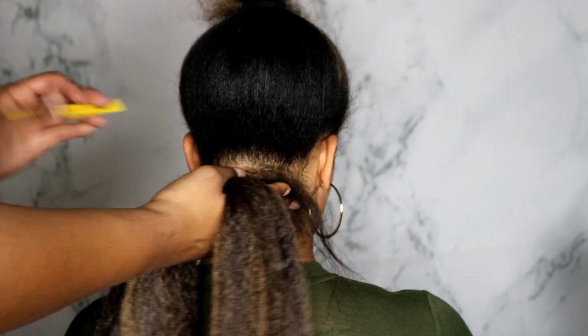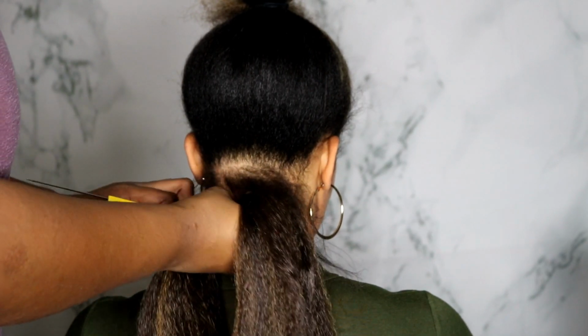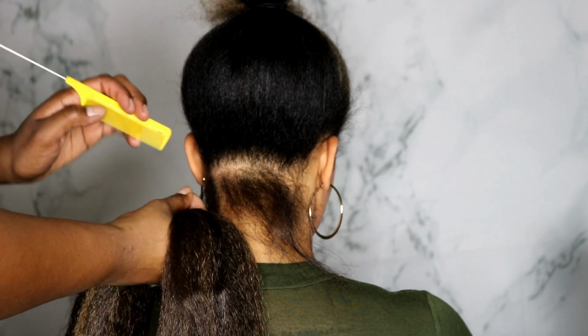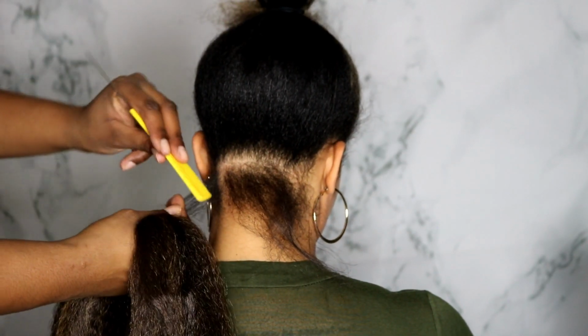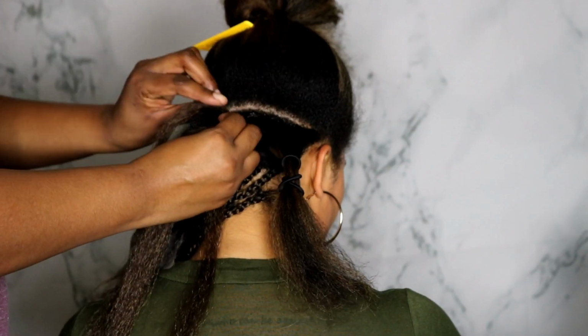Okay, so I'm just going to start off by combing her hair and parting it. And guys, I lost footage of me doing the bottom row. So I'm just going to